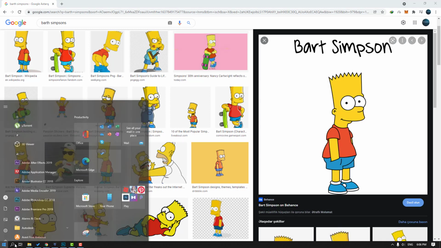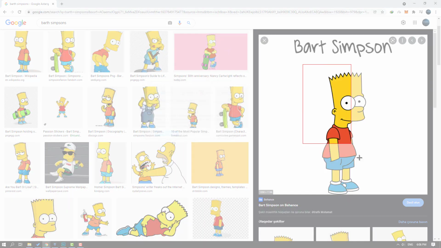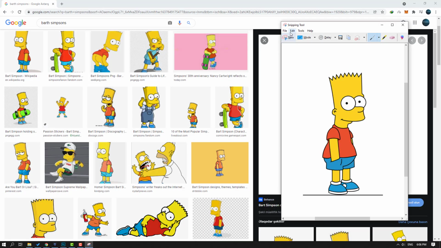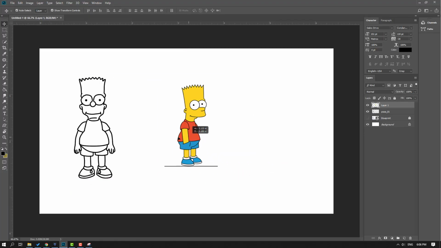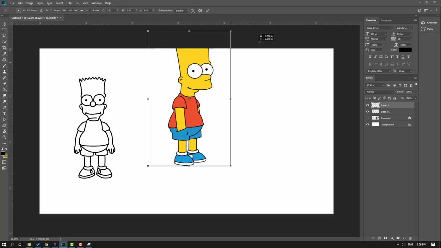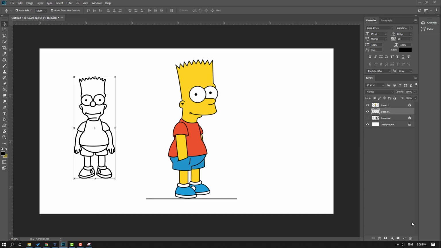So let's go to the snipping tool and screenshot these colors, edit, copy, and back to Photoshop and let's press Ctrl V and move it to right here. Okay, and lock layer. So this time select this pose and click this icon to create a new layer and